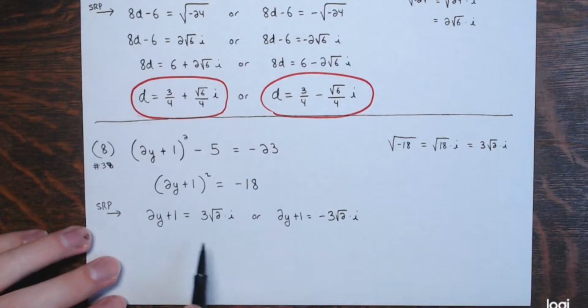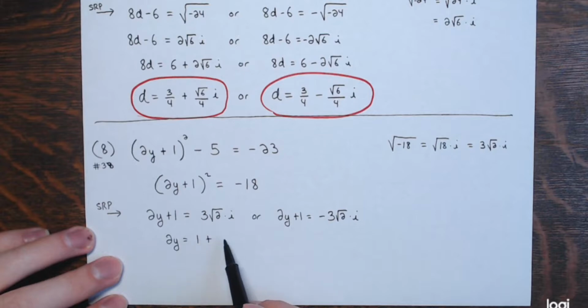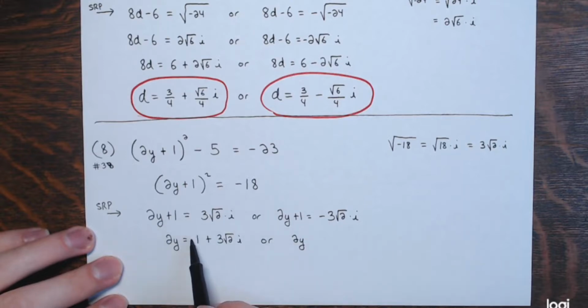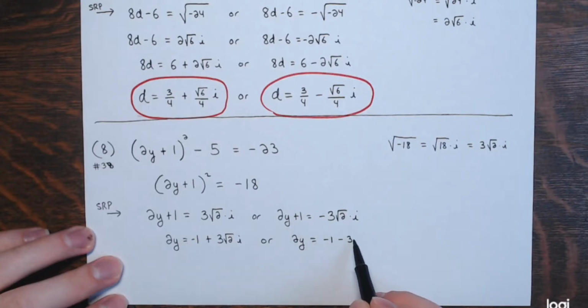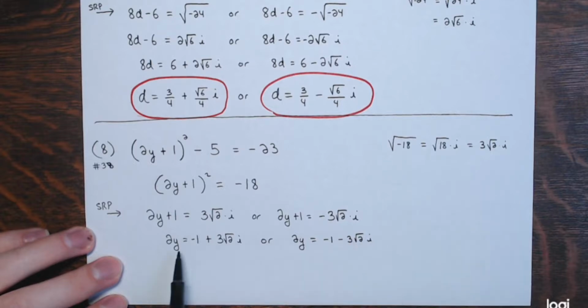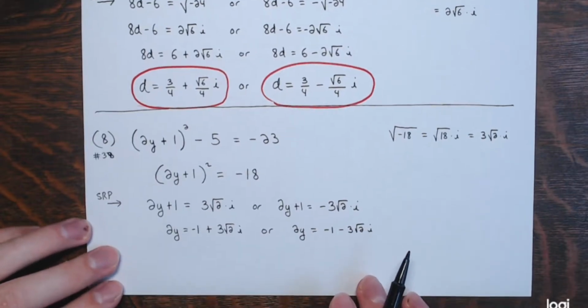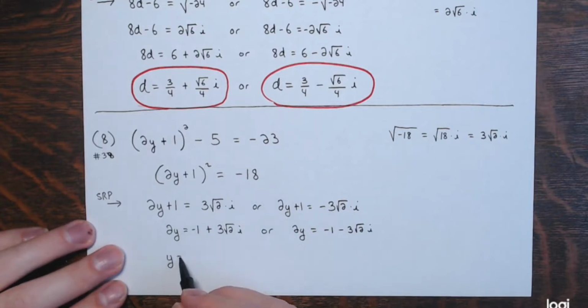Then I would add 1 to both sides to get 2y equals 1 plus 3 times the square root of 2 times i, or 2y, oh no, I'm subtracting 1, sorry, so negative 1. I would subtract 1 first, so negative 1 plus 3 root 2 i. And over here, 2y equals negative 1 minus 3 times the square root of 2 times i. And then I'm dividing everything by 2 to get y alone. So over here, y equals negative 1/2 plus 3 times the square root of 2 divided by 2 times i,